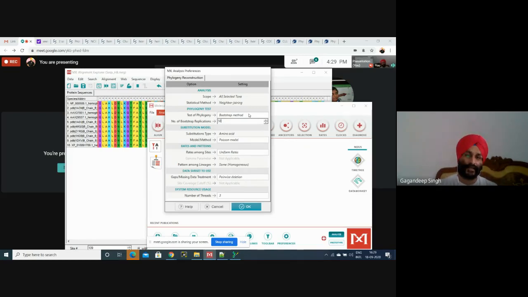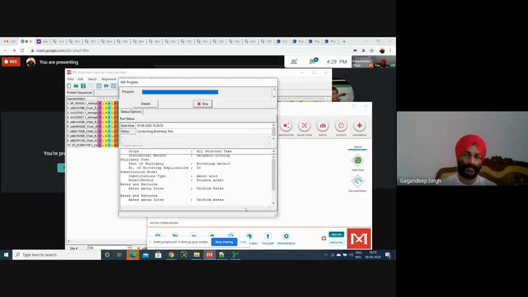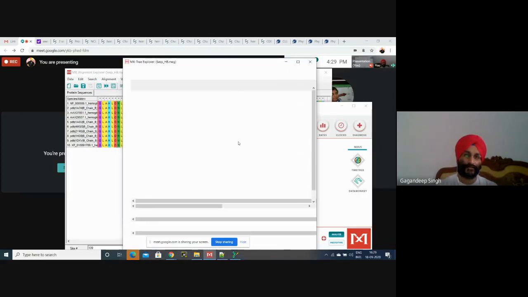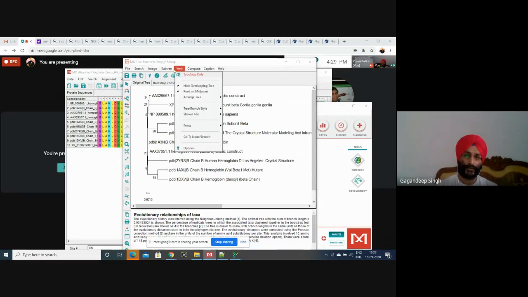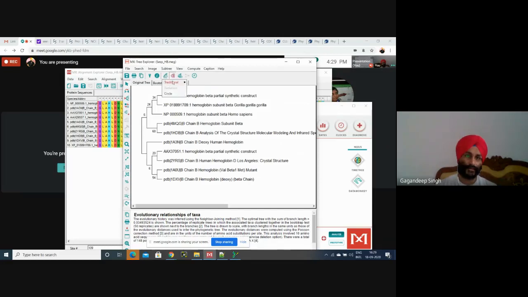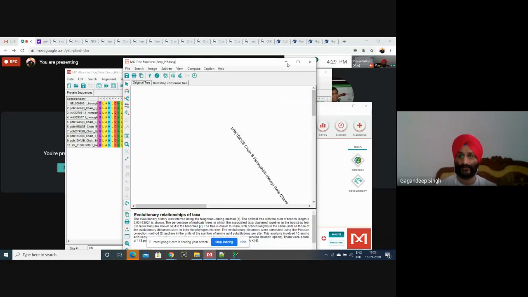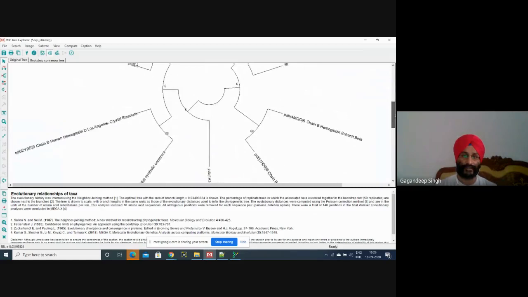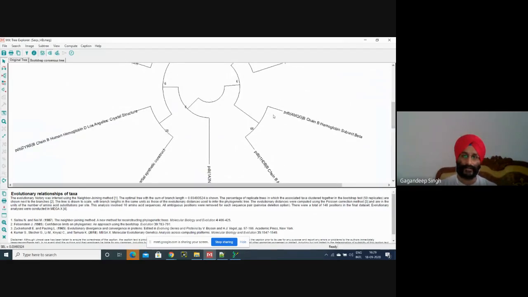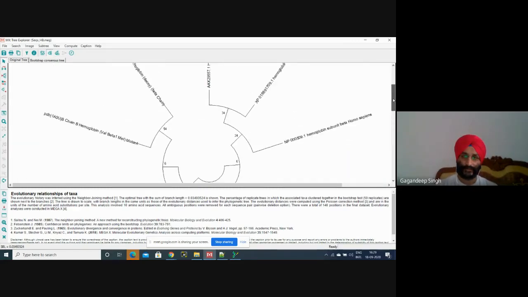And bootstrap means again and again, it will try to analyze, and then it will give us some results related to the tree. See, this is the tree. Okay, now how can you view this tree? You have several other methods as well. Like this, you can see this tree in a circle as well. And you can easily find, for example, this is the main ancestor, and then this is a single sub branch. This is a single branch. These two are closely related. These two are mainly closely related. These two are closely related, which is the common ancestor.